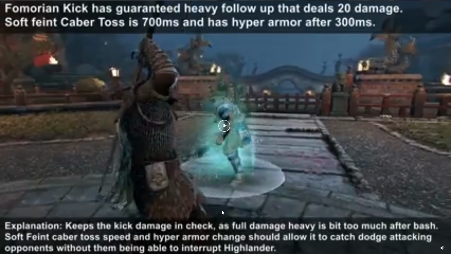Let's see, keeps the kick damage in check, as full damage heavy is a bit too much after bash. Soft feint keeps just a little. Yeah, it all makes sense. It'll be a big adjustment for me, but I have to be honest, I think this does make the most